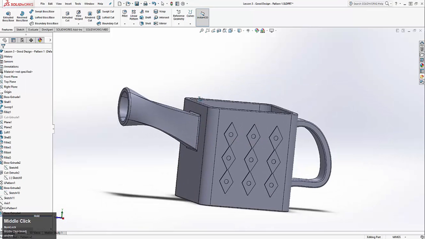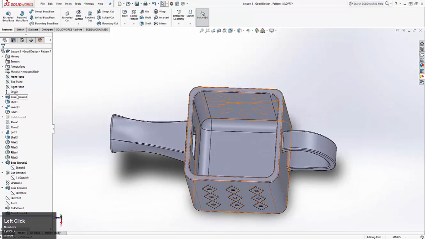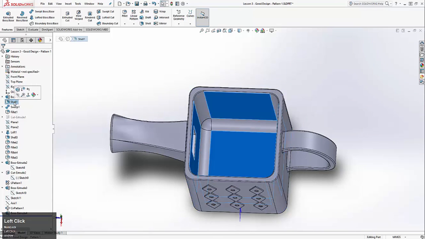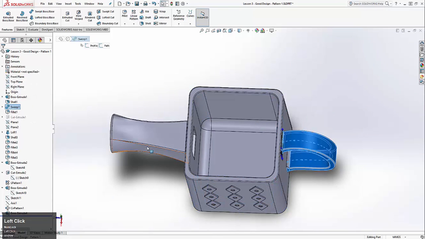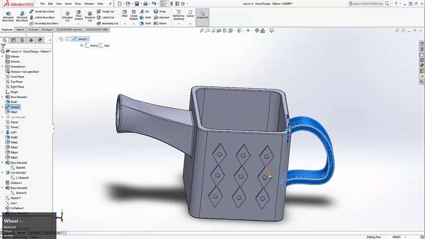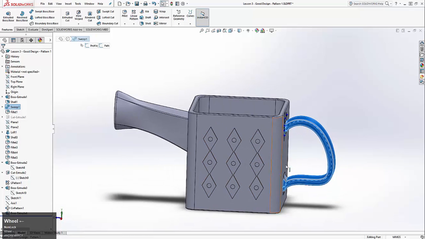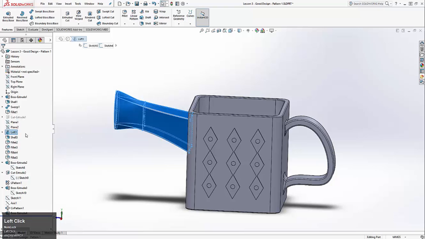And here we started with a cube, hollowed it out with the shell. Then we used the sweep to make a handle. So we made a spline curve. Had some trouble with that, but we got that figured out and made a profile. Then we used the loft along with a couple planes for